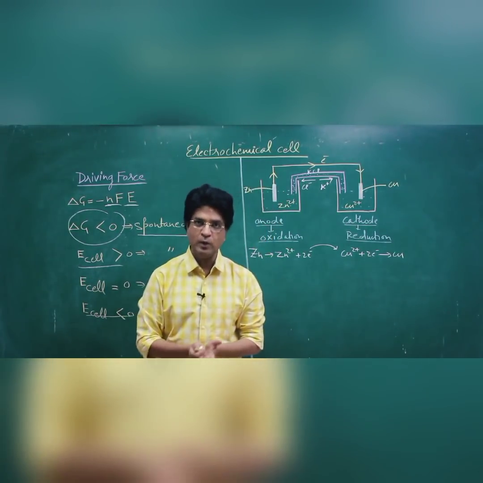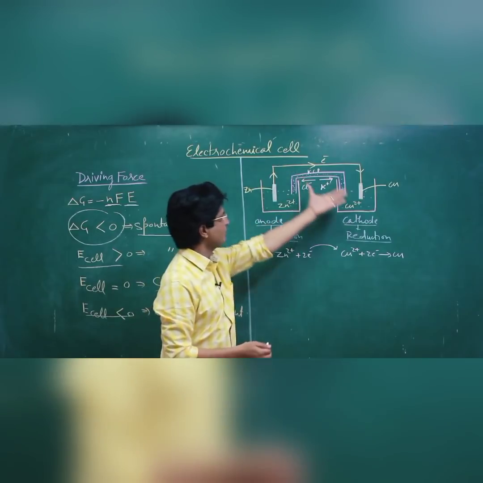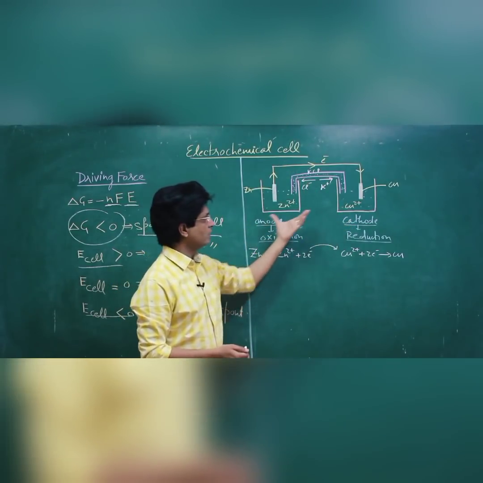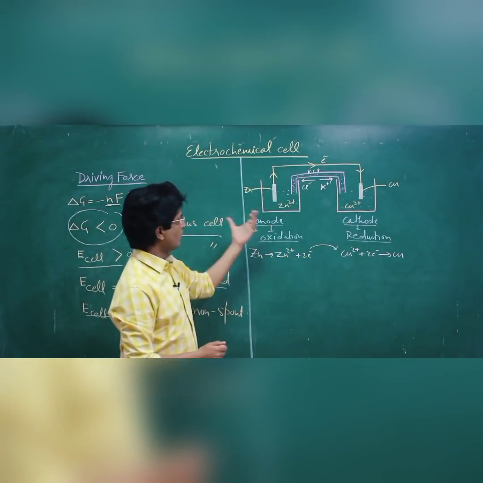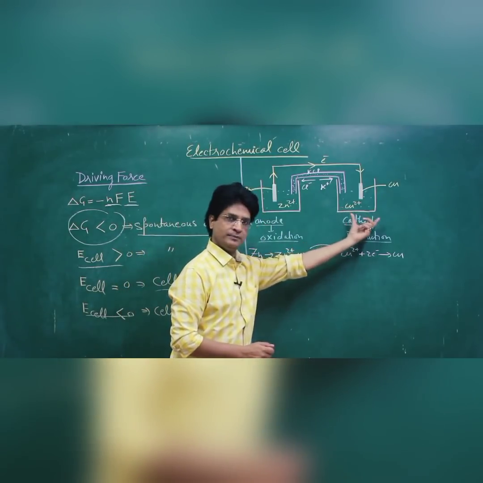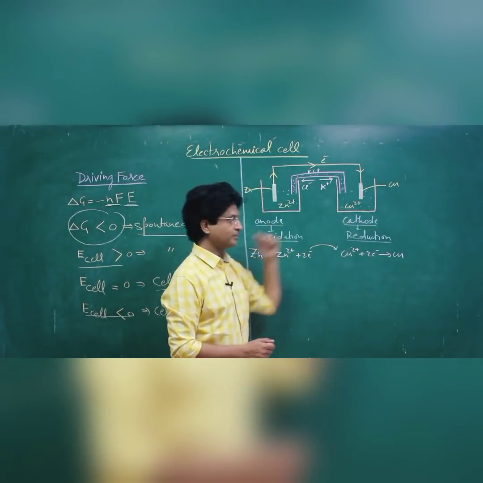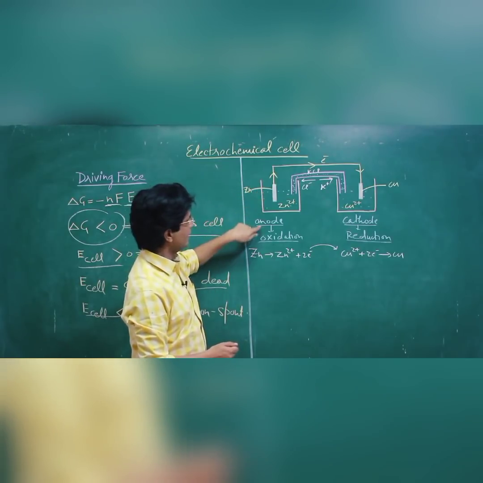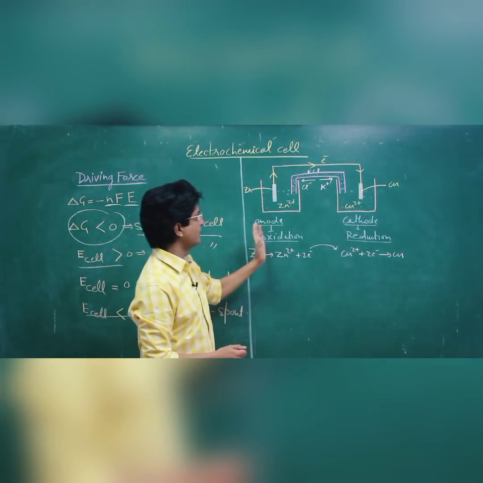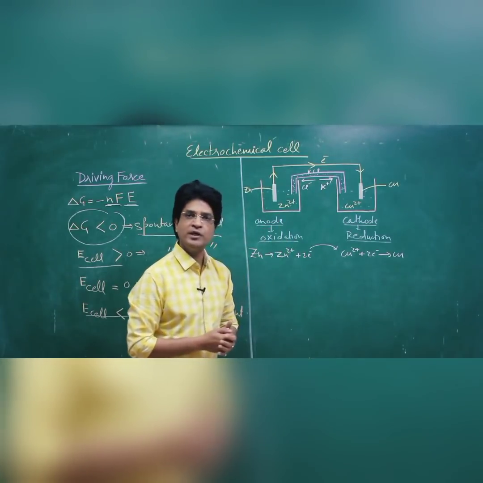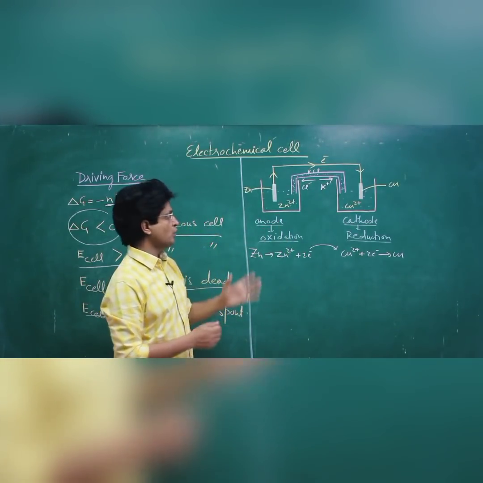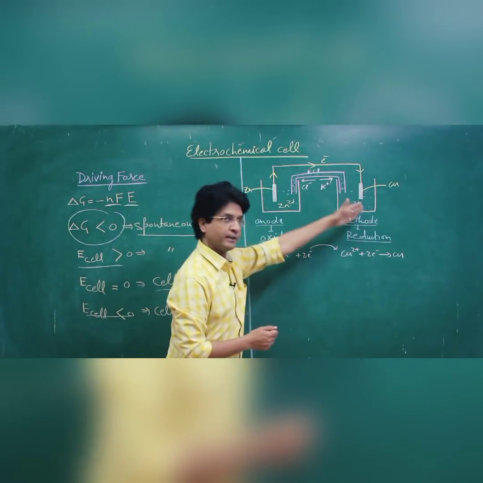Let's take one example of electrochemical cell, which is called Daniell cell. Here we are having two half cells, anode and cathode. Here I am using zinc at the anode and copper at the cathode. I am assuming that this combination will give me a spontaneous chemical reaction. So what actually happens, the moment I connect it,